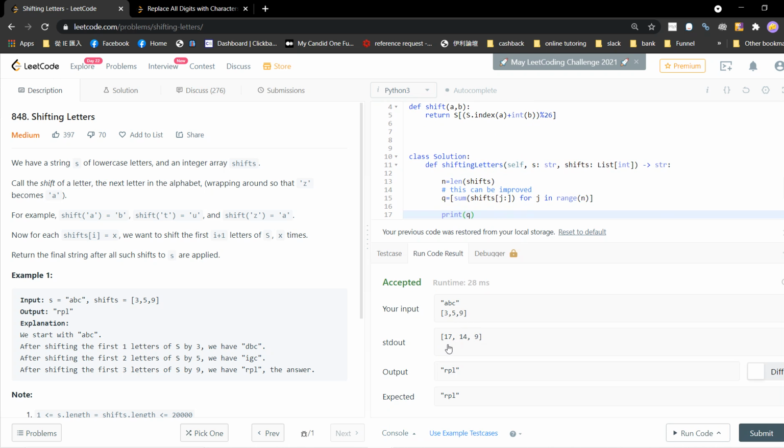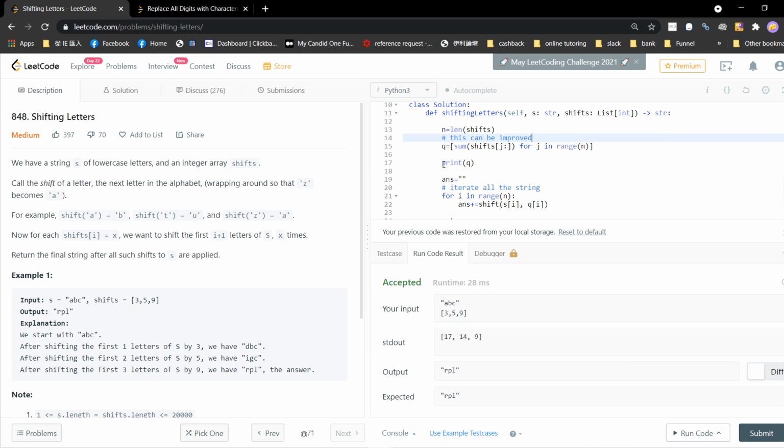You see the first q is 17, which is the number of shifts for A, then the number for B is the sum of the last two, and the last is 9. Once you understand how many times you shift, and you have the shift function,